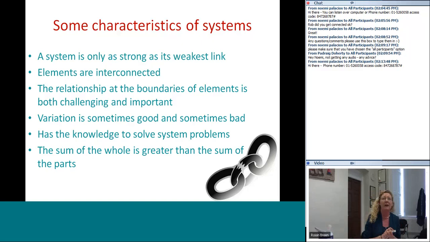The relationship of the boundaries of elements is both challenging and important, and I've talked about that, say, the relationship between early warning score at A&E and up on the wards. And we need to make sure that policies go across boundaries where this is helpful and that they don't accentuate the differences at boundaries. Variation is sometimes good and sometimes bad, and we need to have an honest discussion when we're writing policy nationally about